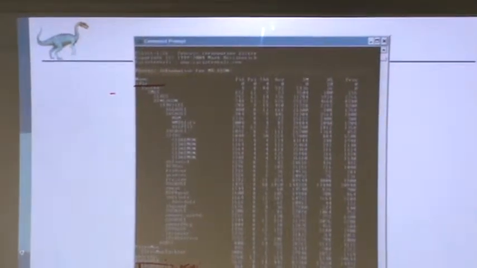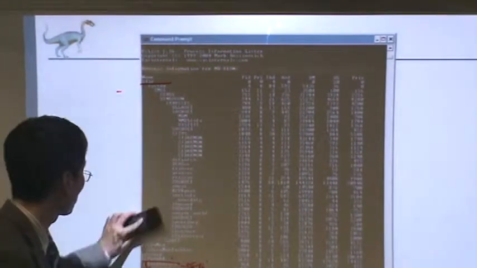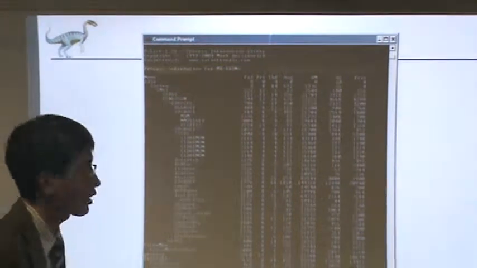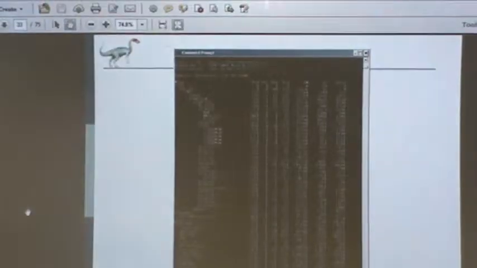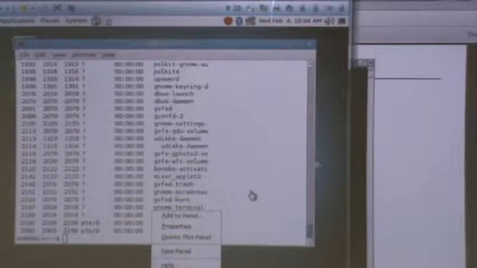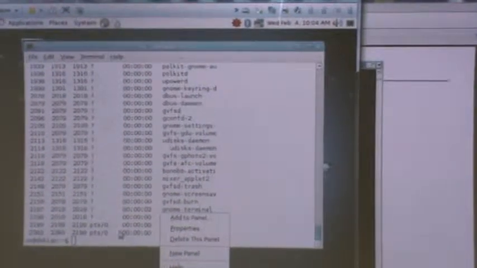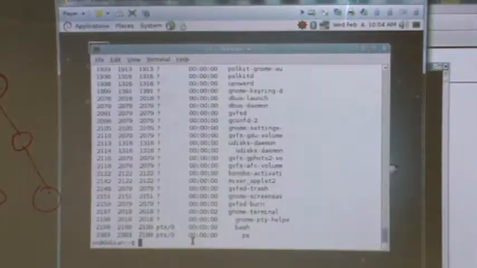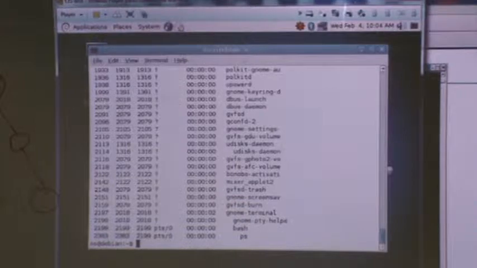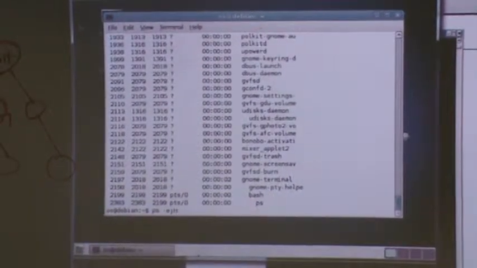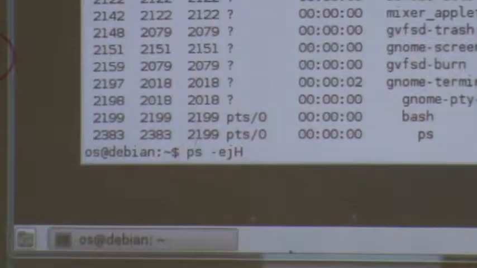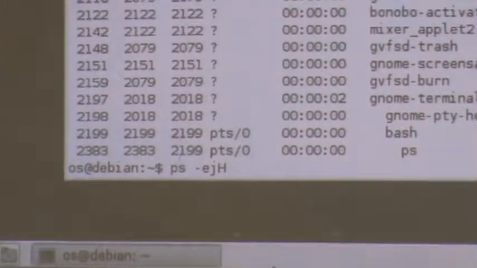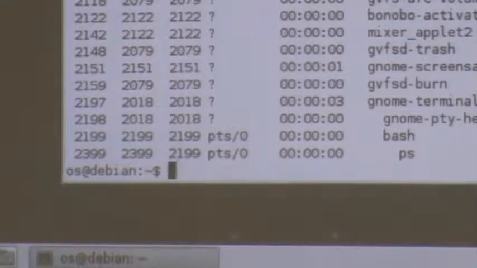This is in case of Windows, where somebody made a program to browse and display the process structure. I will show an example first. This is Linux, the Debian Linux. You can use the traditional PS command. It's a process list with the proper option. You can see some,